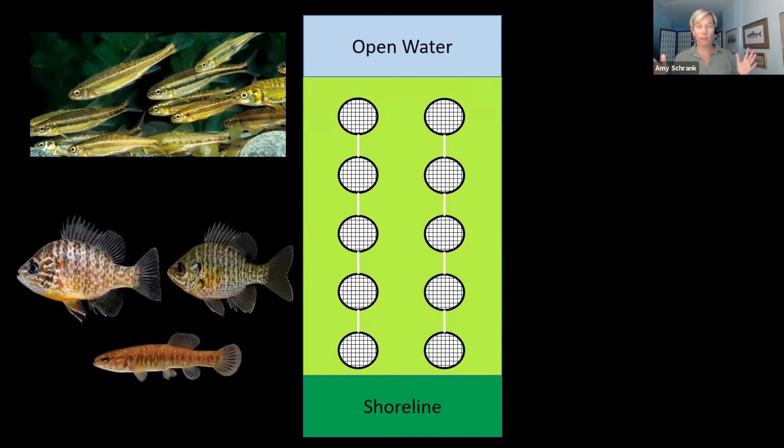Why do we care about this? One of the things that's important for forage is minnows. Minnows tend to be more in open water. They tend to be in less vegetated areas. They're more available to predators, right? For game fish. They also don't have these nasty spines, which are not fun when you're trying to eat other fish.